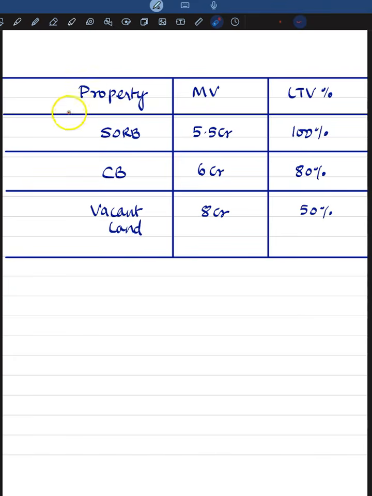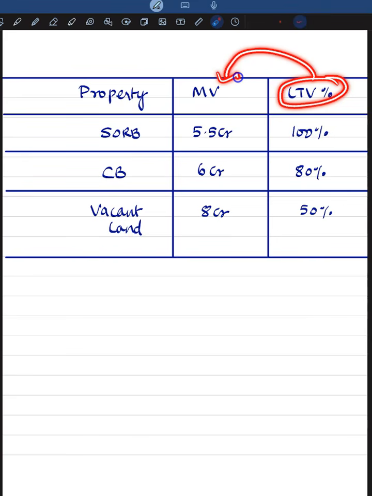So he has 3 different types of property. One is self-occupied residential building, the other one is commercial building, and the third one is vacant land. And the respective market values are available. Self-occupied residential building is the least in market value when compared with the other 2 properties. Commercial building is 6 crore, vacant land is 8 crore, but bank has separate LTV norms linked with the market